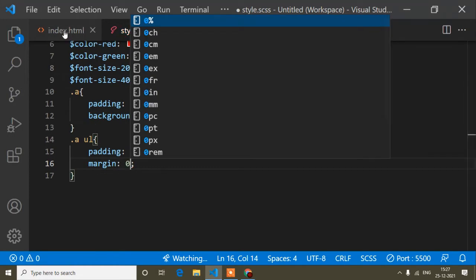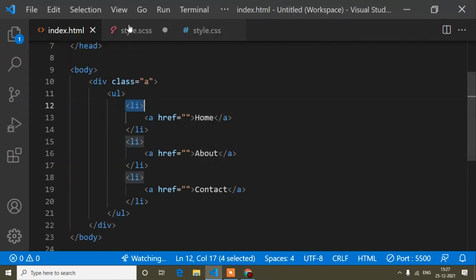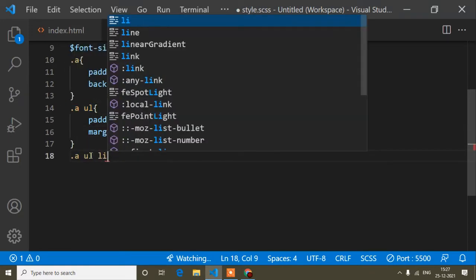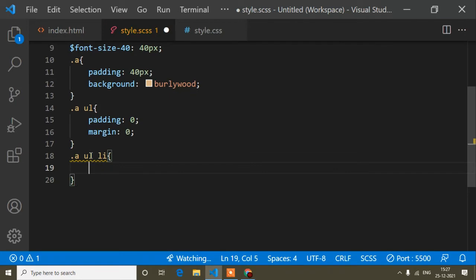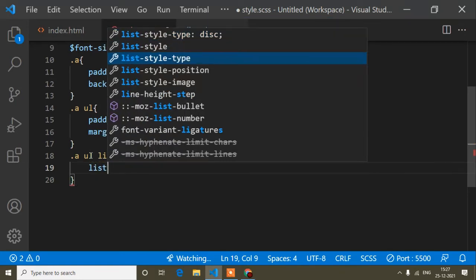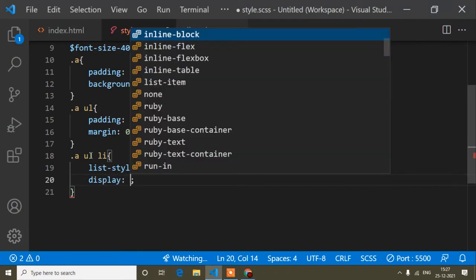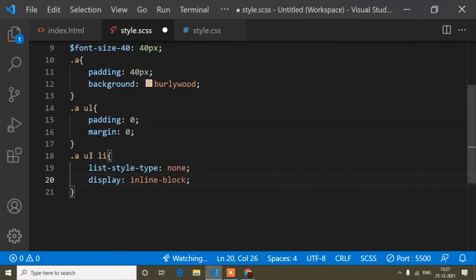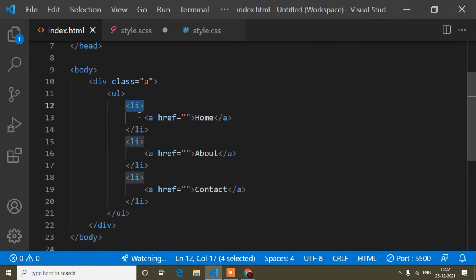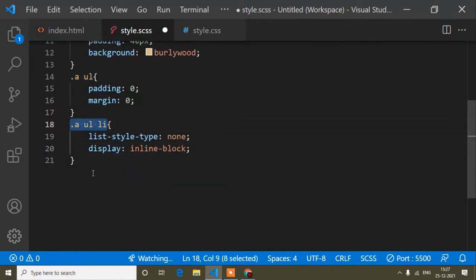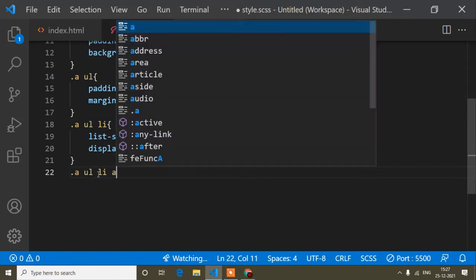After that ul there is the li tag, so I will just copy this one, then li tag. For the li tag, list style type is none, and display is inline block. After this li tag there is the anchor tag, so I will copy here and write anchor tag.